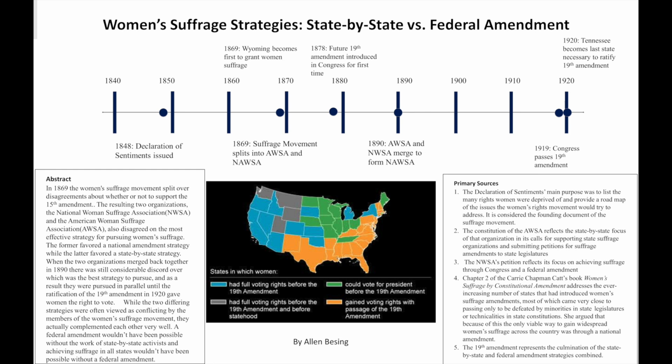Basically, I focus on the period from 1869 onwards, where there was the first major split in the movement. But in order to really understand how that came about, you've got to go back and understand that the early suffrage movement, which started with the Declaration of Sentiments at the Seneca Falls Convention in 1848, was very closely allied to the abolitionist movement. And so when the Civil War ended and Reconstruction happened, and the Reconstruction amendments were introduced, the 13th, 14th, and 15th,